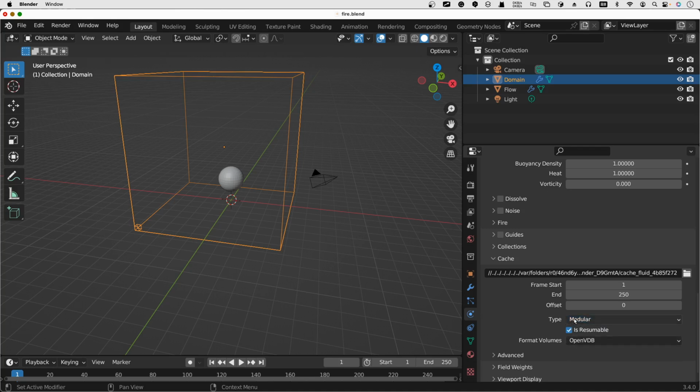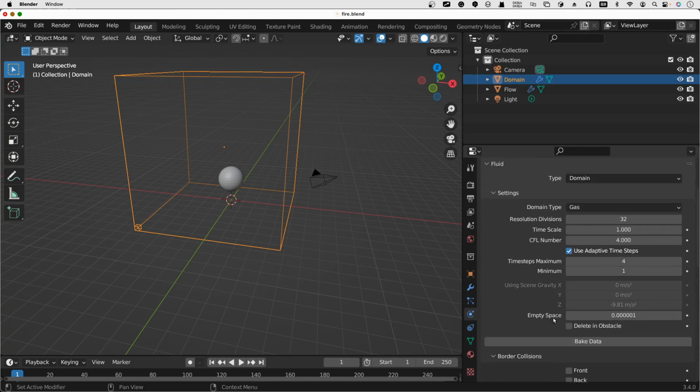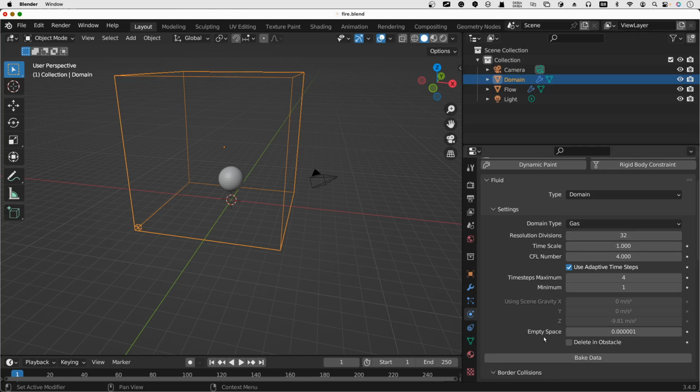Okay, so you can go to the modular, and once you go to the modular, you can have setting like this. Okay, so you can have a button of a bake data, and so if you already change the setting, then you play it, you won't be able to see all this simulation. The reason for that is that you need to process the data, to bake the data first, as the jargon goes. Bake data, you need to bake it first in order for you to consume it, to use it. Okay, so you're going to click bake the